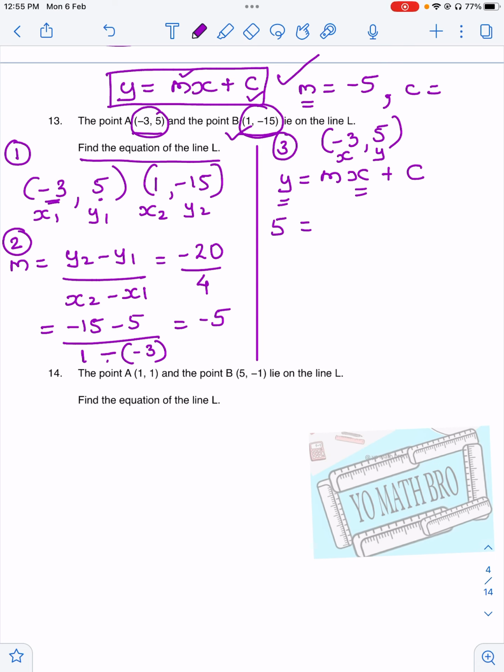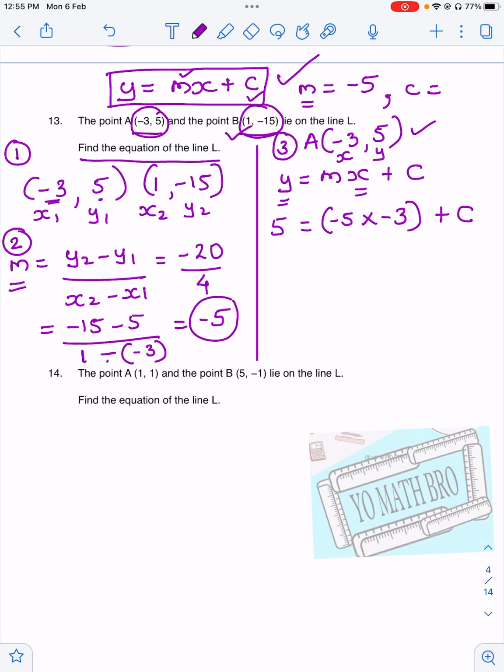I just now got m as -5. I write here m as -5 into x. What is the value of x? -3 plus c. Just see what I have done here. I took the point A and I took its x and y coordinate. Why did I not write x1, y1 this time? Because x1, y1 is written only when I have to find the gradient. So here I just write x and y